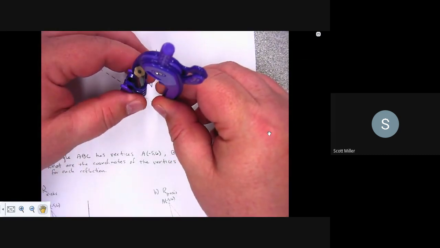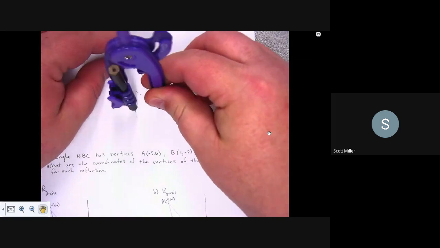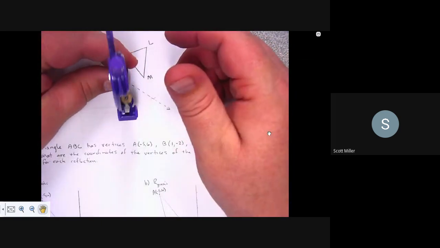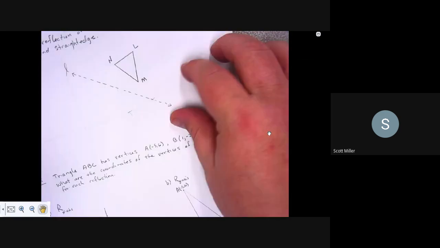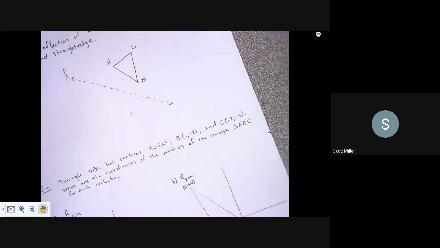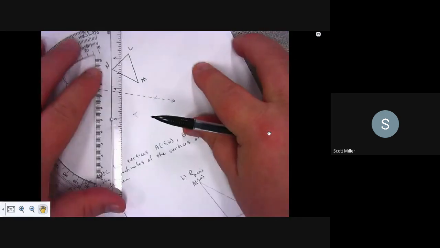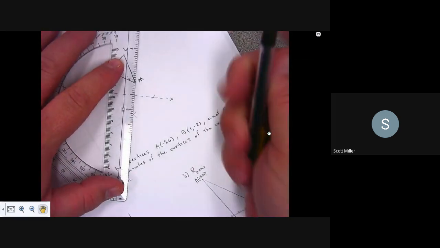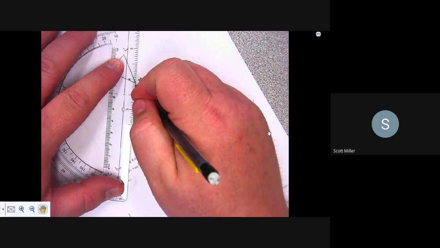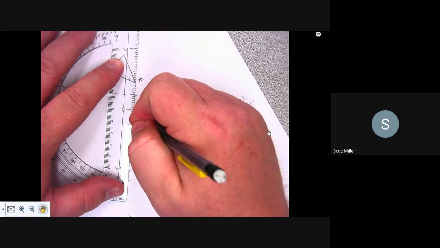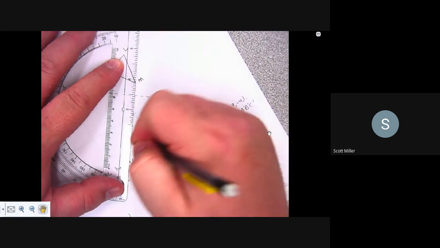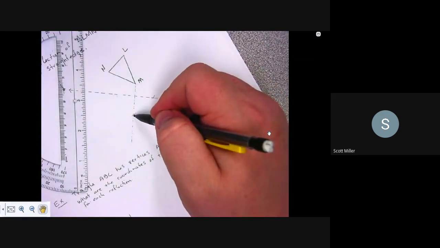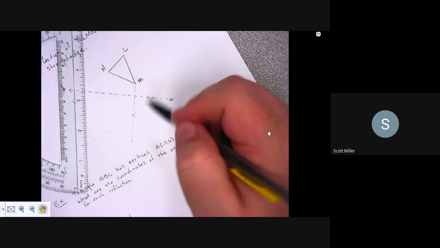And we make a mark up here. Do the same thing from the other direction. And then we connect those two dots. Now, since I don't know where the M prime is going to be, I'm going to extend this out just a little bit because I don't know where the dot's going to land. It's not necessarily going to be there. Okay? And we can do this to all of these things,